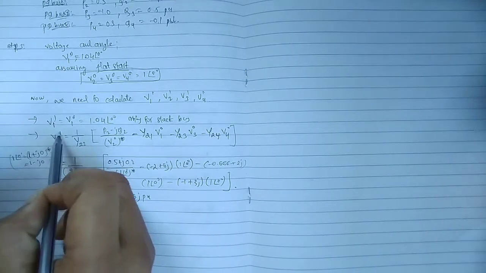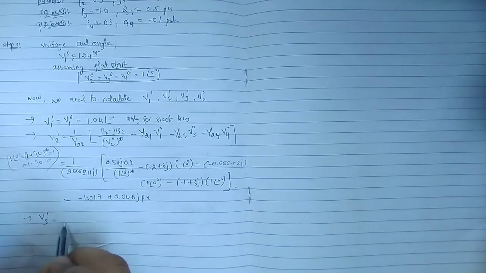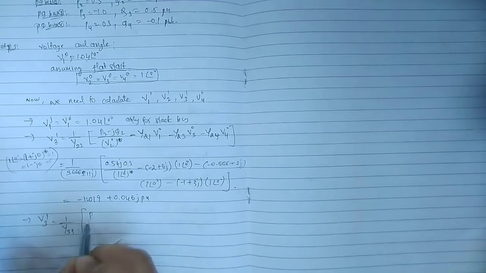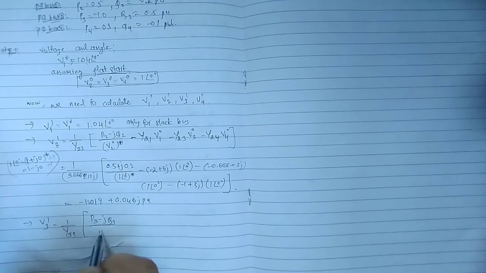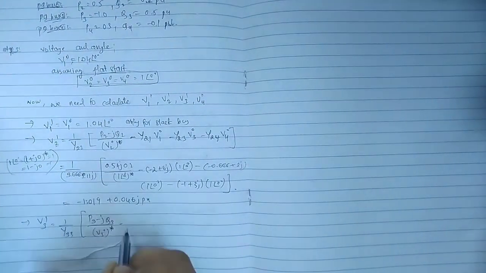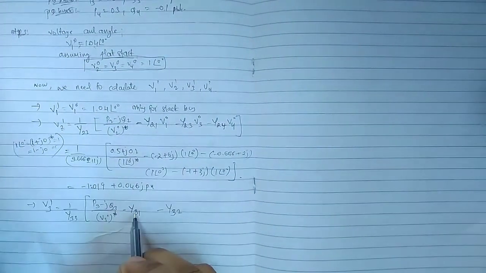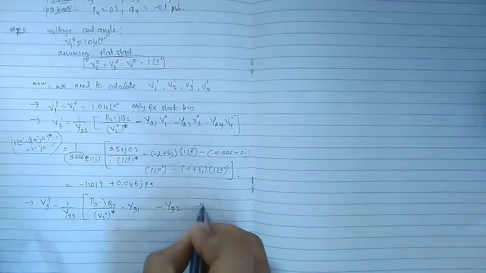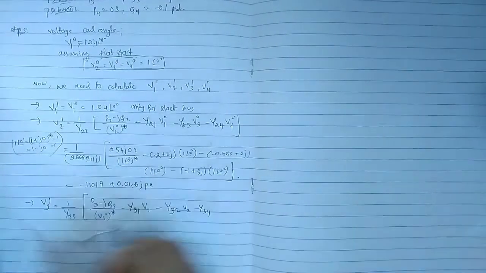Similarly, for V3, we have calculated V2 now. See, V3 dash, now we are at the third bus, 1 by Y33. So third bus only we have. P3 minus jQ3 divided by V3 of 0 whole conjugate, minus of. Now this is the third bus, therefore Y elements Y31, Y32. We already have Y33, right? Therefore now Y34.